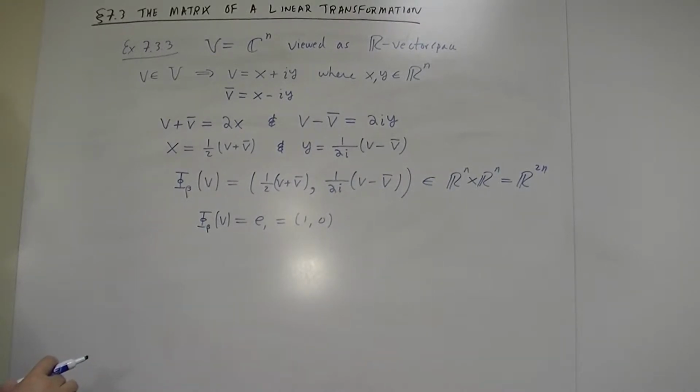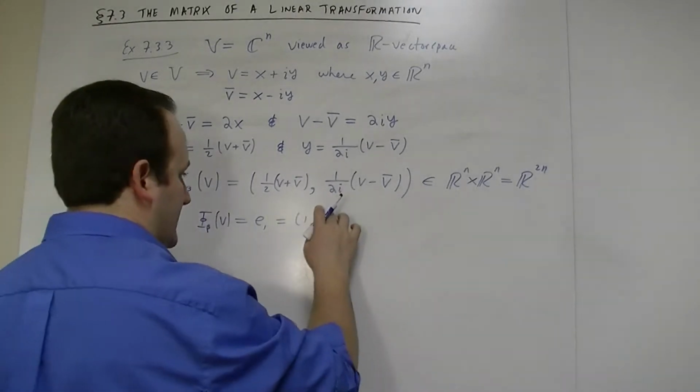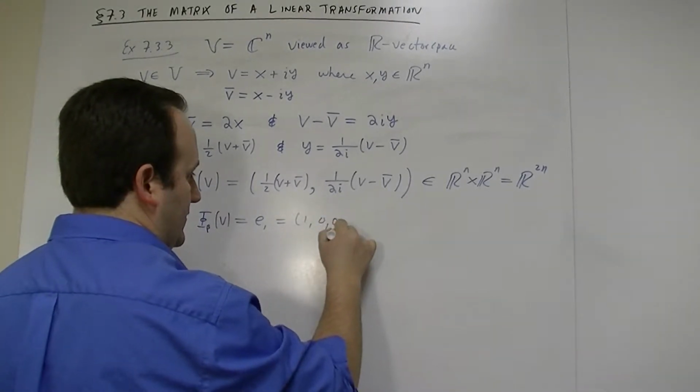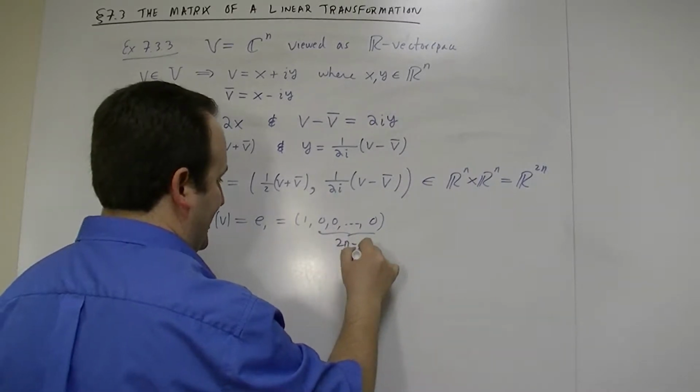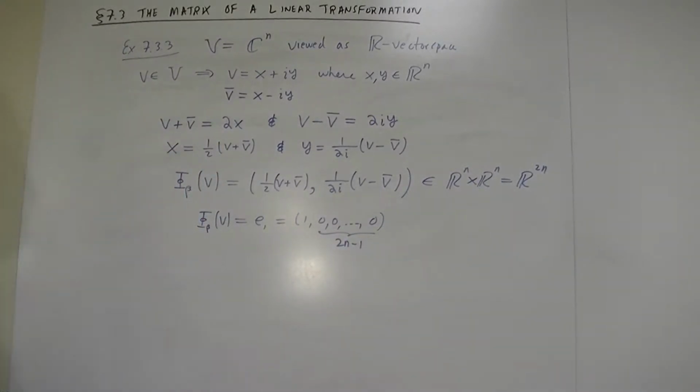Oh, I'm not getting to the point very quickly here. Curses. I mean, this is a little bit misleading. There's 2n minus 1 zeros here. Oh,